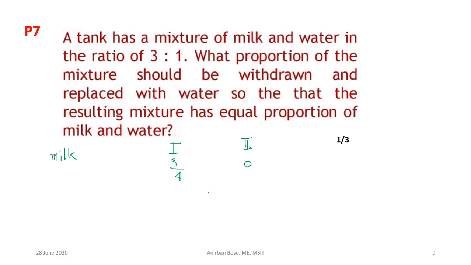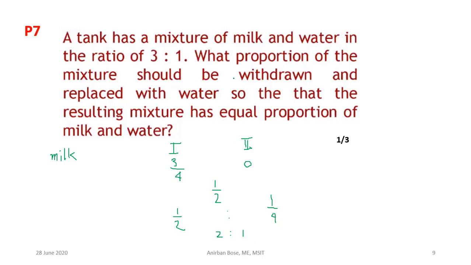What is the mean? Mean we know, equal proportion of milk and water. So the final mixture contains half milk. So take the difference. What is that? Half. Take the difference. What is that? That is 1/4. Okay, so what is the ratio? So first kind to second kind, the ratio is 2:1.